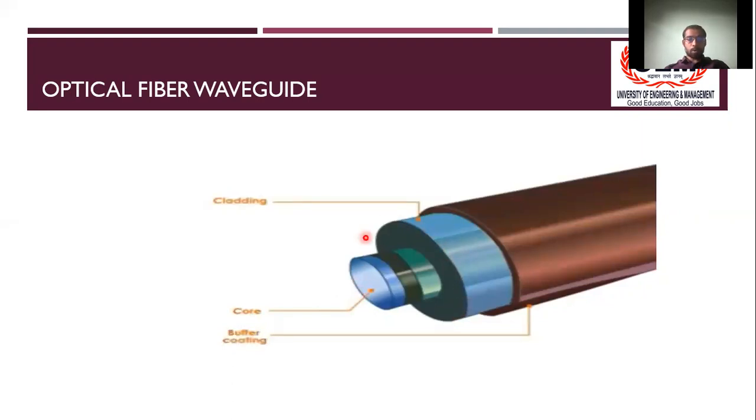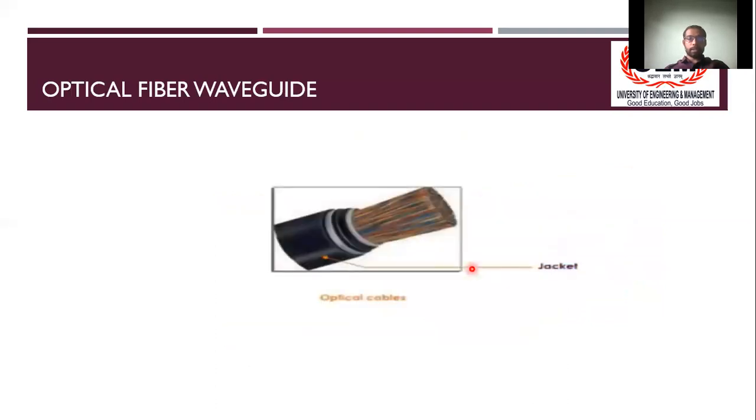This whole core and cladding are sensitive, and hence they are put inside a jacket. Here we see a number of multiple optical cables, each differentiated by different color codes, and this fiber optic cable is put into different optical